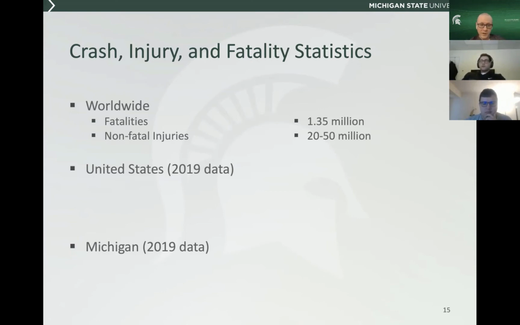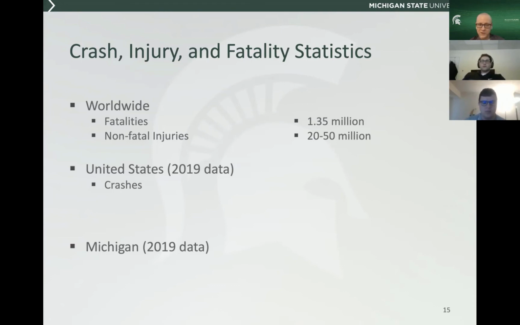So I taught a short course in India back in the fall of 2019. And over there, they do a reasonably good job of tracking data for all their fatal crashes, but they don't have nearly the degree of sophistication in the reporting mechanisms we have here in the US. And so as you look at some of those larger developing countries, that's an issue. There are a few other countries that historically have not reported that data, and I won't delve into the politics there, but we'll look at a map in a few minutes of some of those countries that aren't reporting that information. Here in the US,